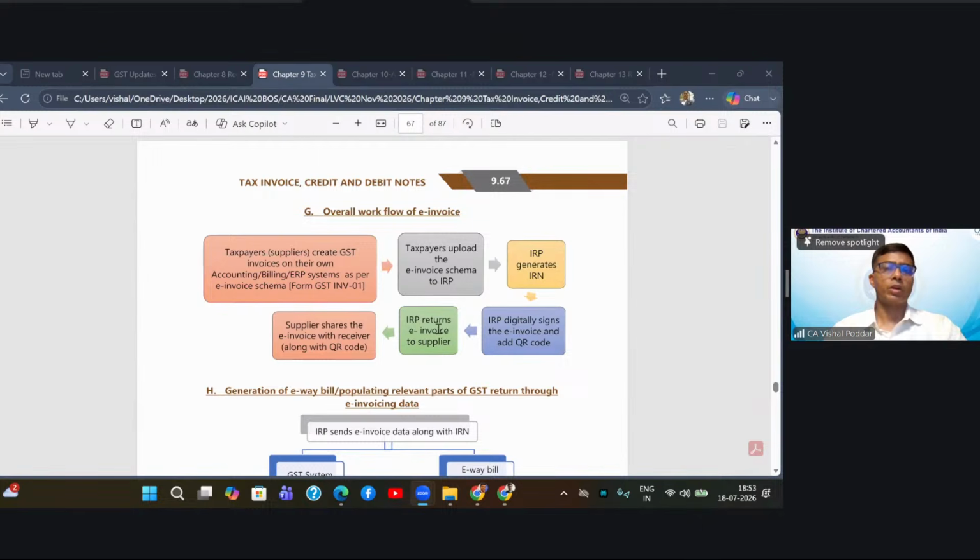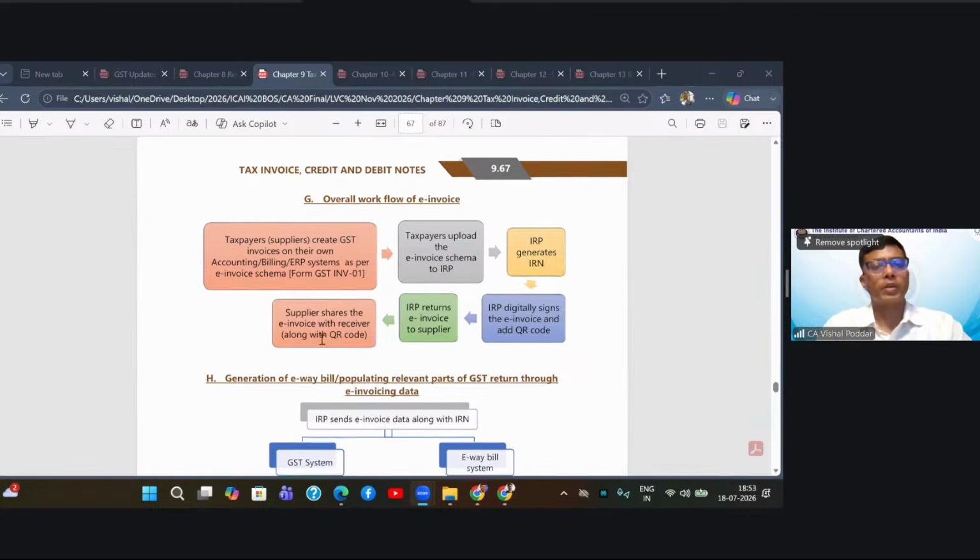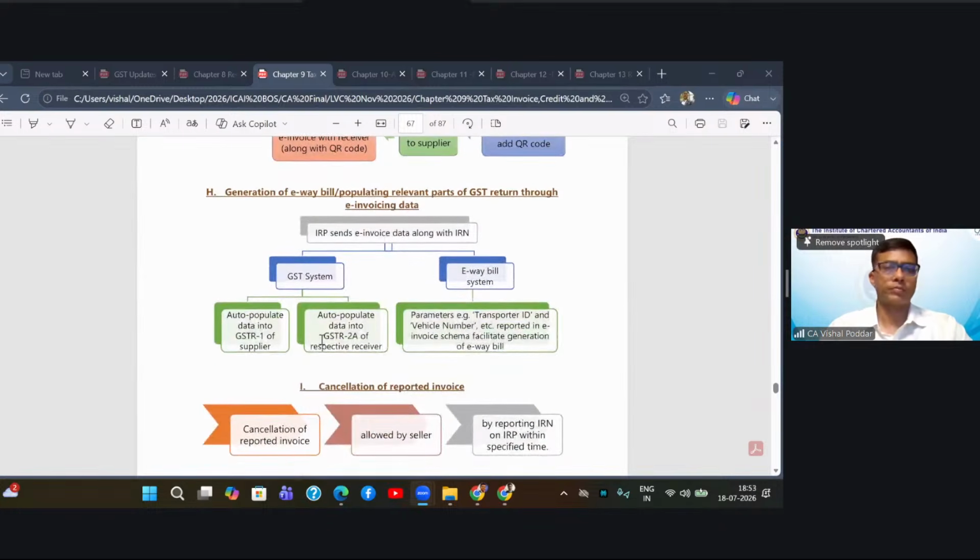Then this portal returns the e-invoice to the supplier, and then the supplier shares this e-invoice with the receiver along with the QR code. Now, importantly, where you have generated this e-invoice on the portal, now the e-way bill part A gets auto-populated,